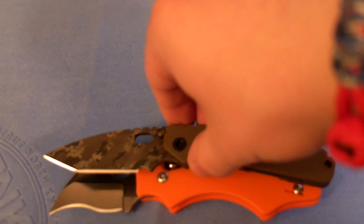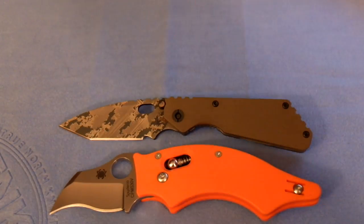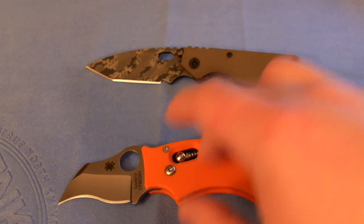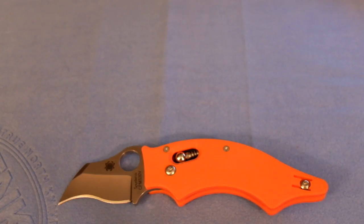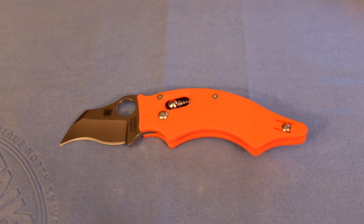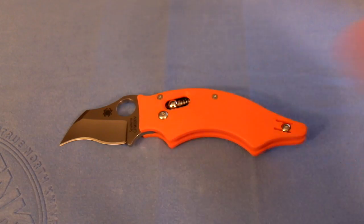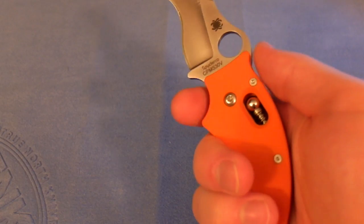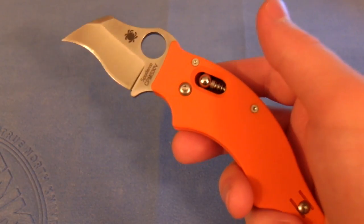I'd say it's just a little bit shorter than the PT, and it's pretty similar in weight too, actually. This is probably a little bit heavier, but yeah, I think you get the picture. It's a small knife. So if you've owned the other Dodo, it's going to be the same knife. But if you've never actually owned a Dodo before, it's a pretty small knife, which is also, I think, a pretty cool thing, because